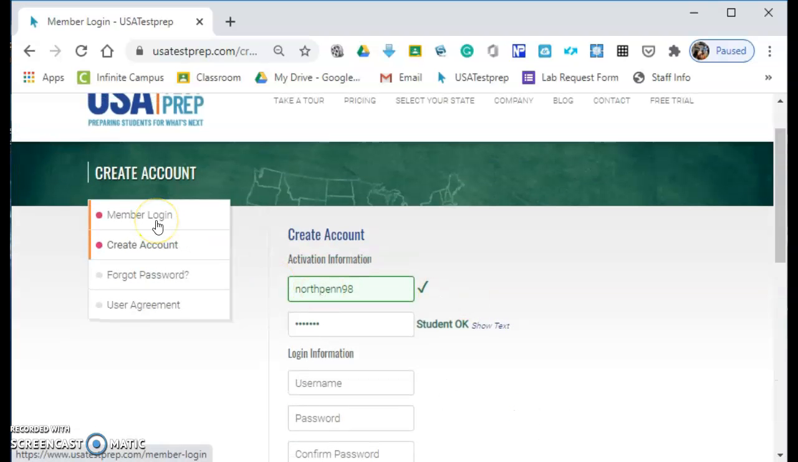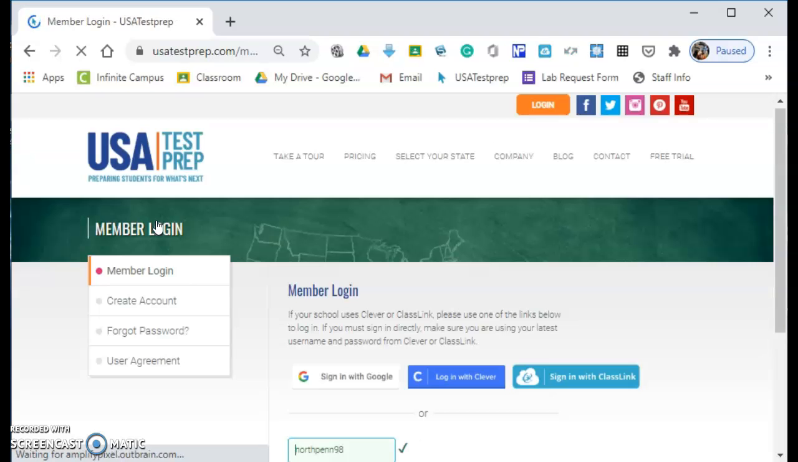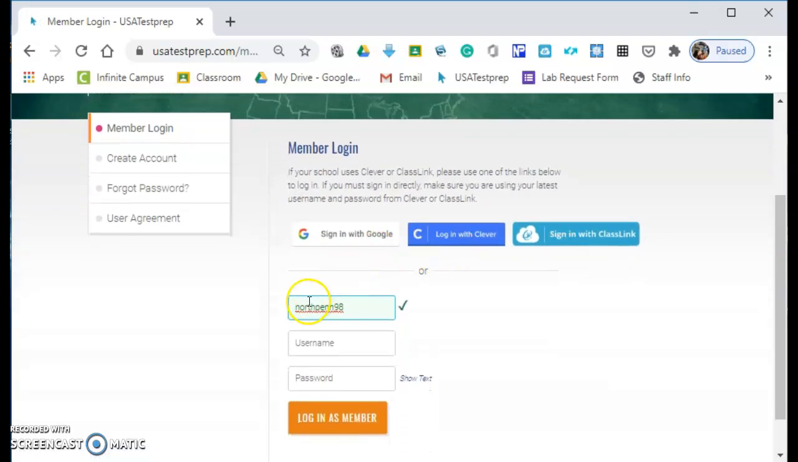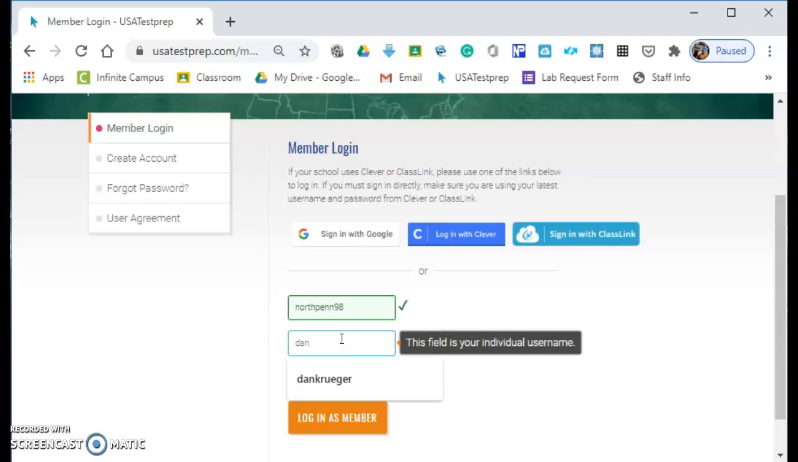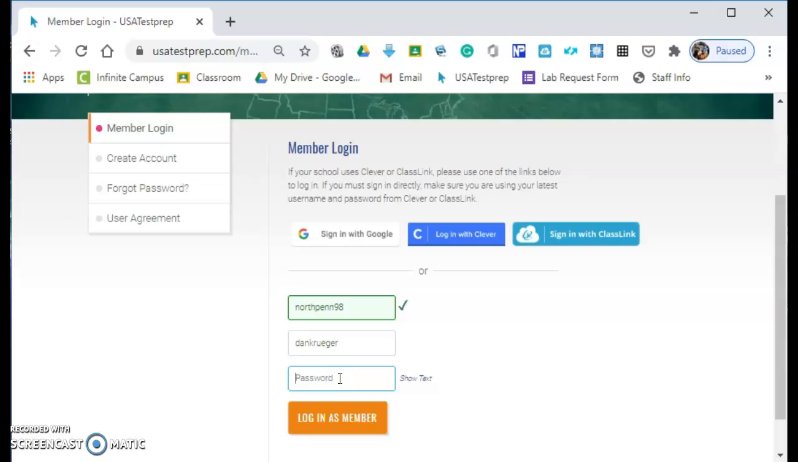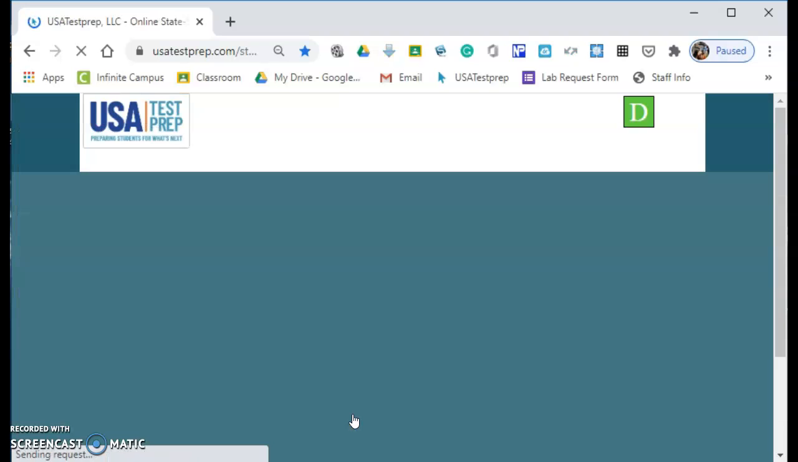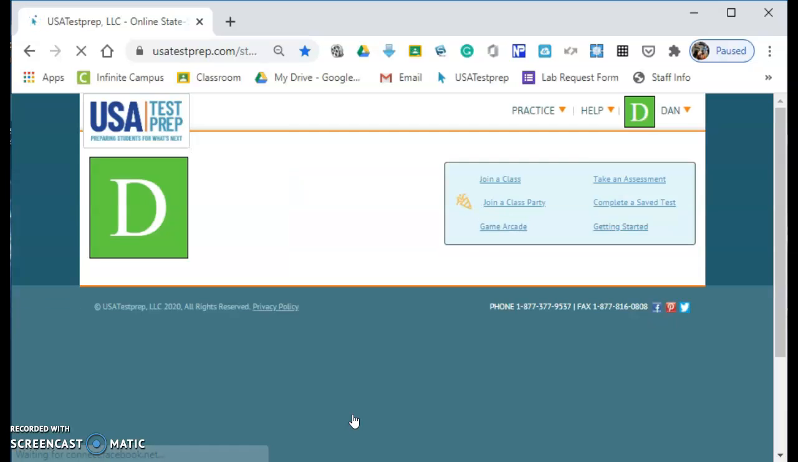Now, I already have an account created, so I'm going to go ahead and click Member Login. Again, your account ID is always going to be NorthPenn98. You then want to type in your username and then your password. Now, the username and password are the ones that you've created on the member login page. If you ever forget your username or password, you can email any one of your teachers and they can easily